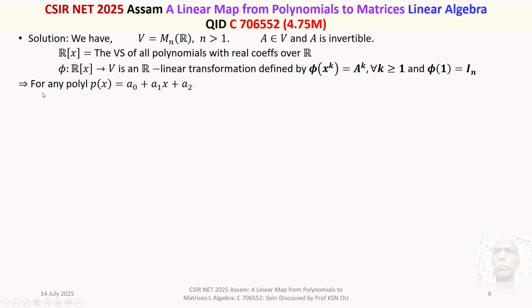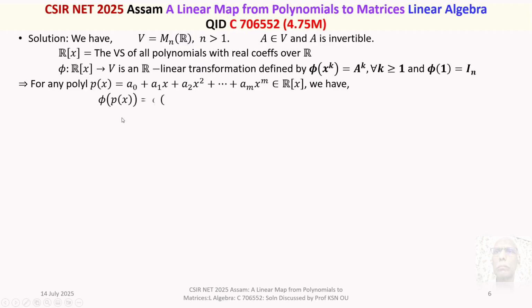Now, this implies for any polynomial p(x) equal to a0 plus a1x plus a2x^2 plus so on and so forth, amx^m belonging to R[x],